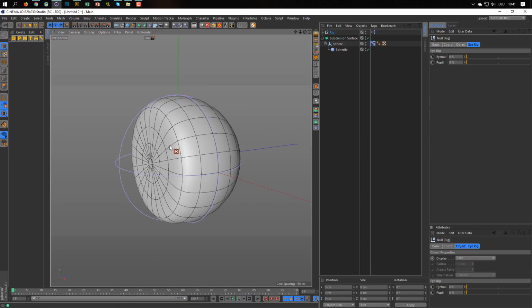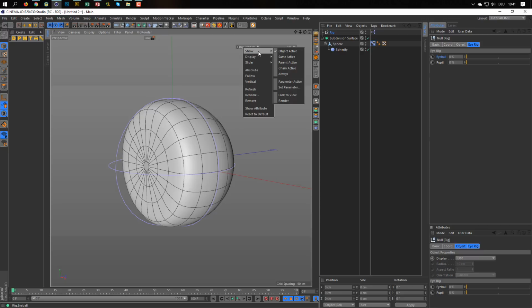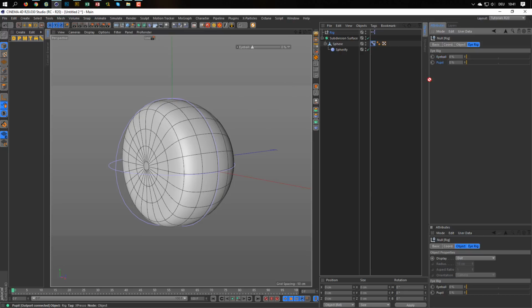Okay, and to make it easier so that we don't have to search for these two sliders every time, we simply can drag the eyeball into the viewport. See, we have it here. If you want it in another position, hold your Control key and drag it. And I don't want this rig before, so I go to show object, display object I don't want, and on the show I want it always.